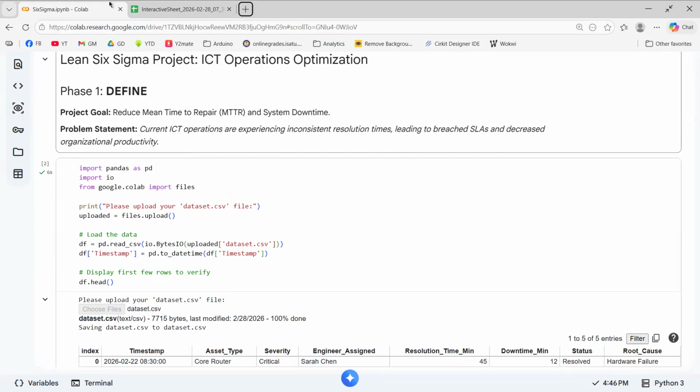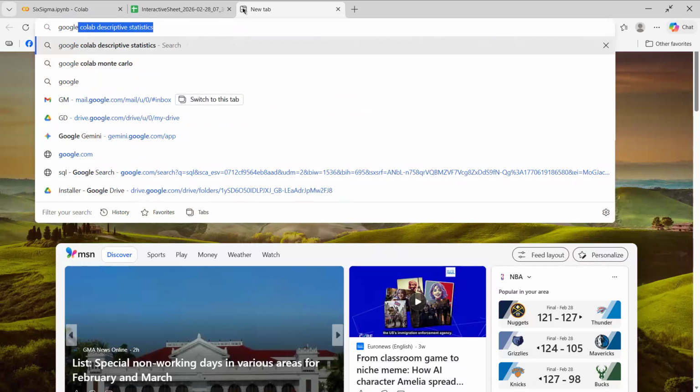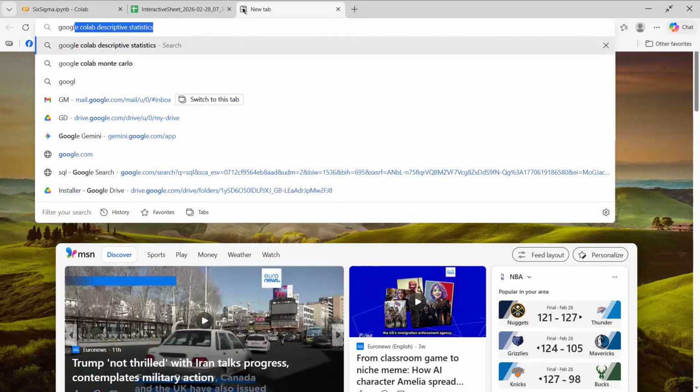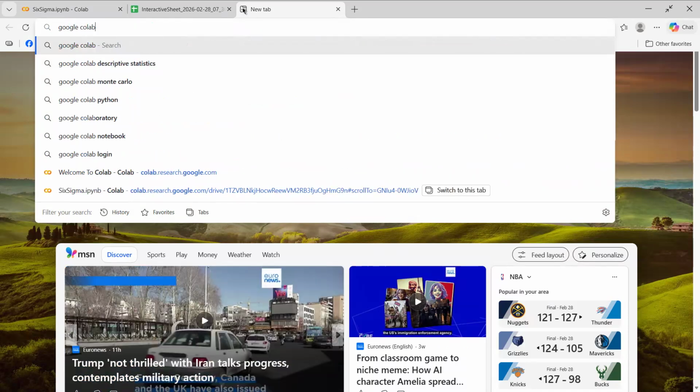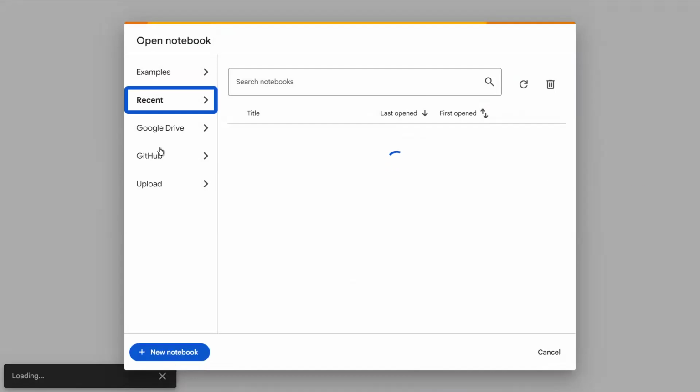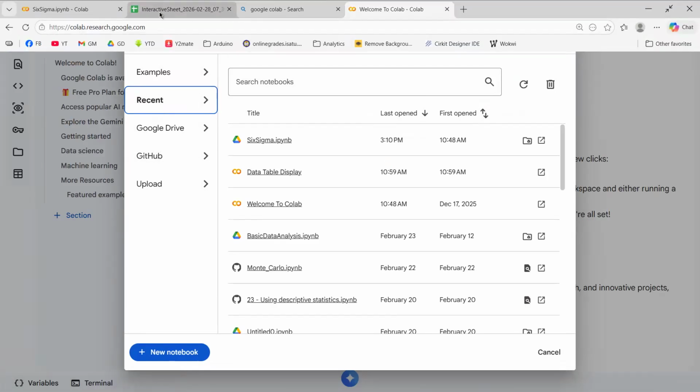Just in case it's your first time to encounter Google Colab, you can simply type Google Colab, and you'll see in the results this one. I just go to this one, colab.research.google.com.